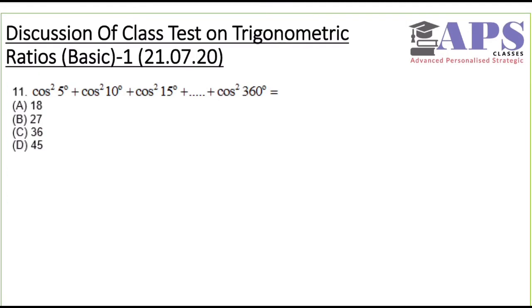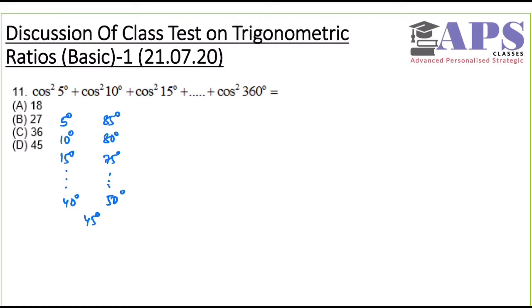Okay, so there are many terms here. If I pair the angles like this, 5 degree, with 5 degree I take 85 degree here, and then with 10 degree I will take 80 degree, and with 15 degree I am going to take 75 degree, and so on. Like this with 40 degree we will get 50 degree here, and 45 degree will be left out, that is the single term.